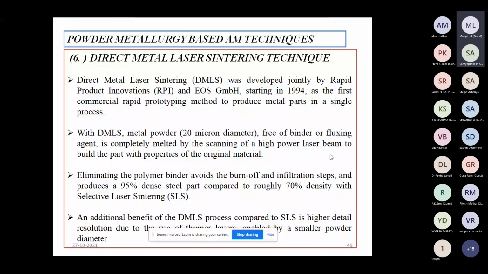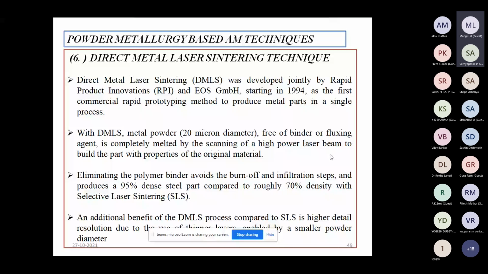If we use direct metal powder to generate the product, then we will have a 95% dense steel part as compared to the 70% density which we can acquire from selective laser sintering. It means the efficiency of direct metal laser sintering is higher as compared to selective laser sintering.